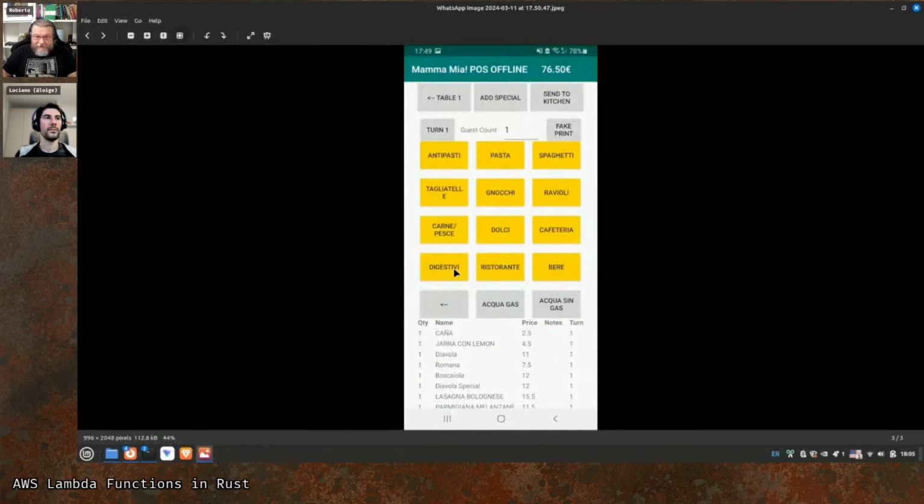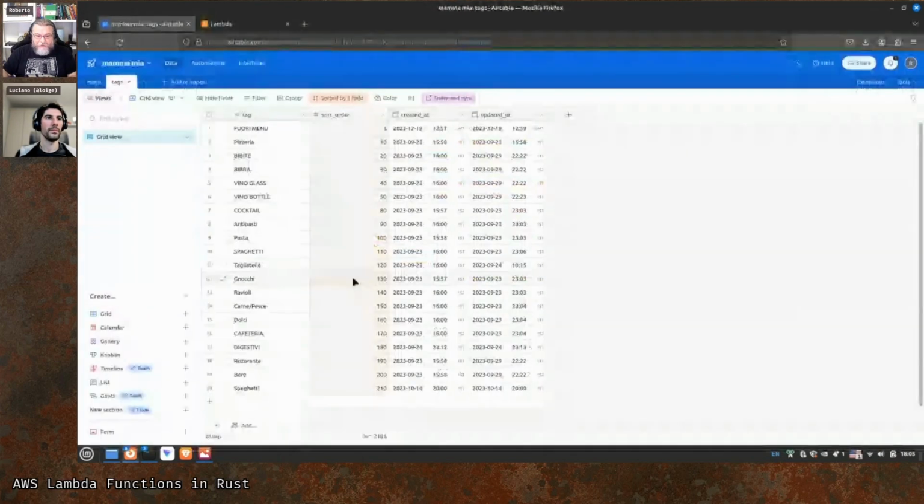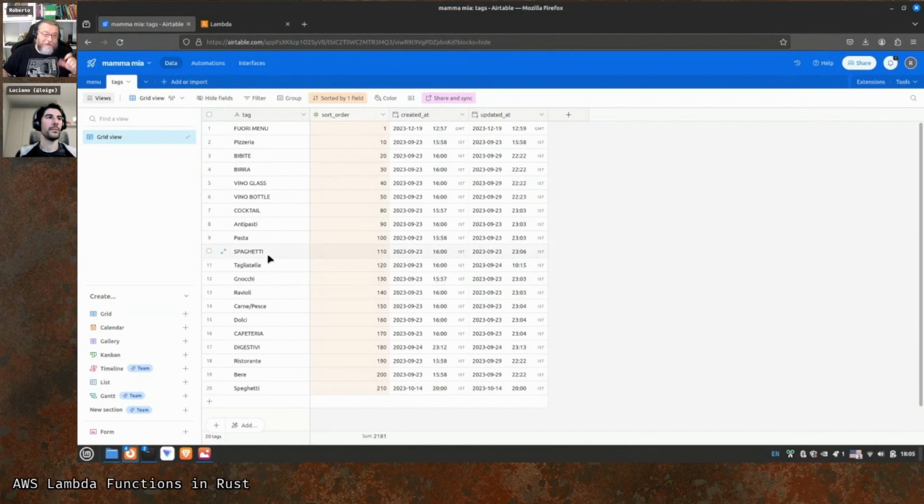And the last ones will be digestivi, ristorante, and bere, that are here. Okay, this is digestivi, ristorante, bere, probably spaghetti. Because he has two spaghetti, capital case Spaghetti and lowercase spaghetti. So the lowercase spaghetti is used, the capitalized Spaghetti is empty, so it's not showing up. But anyway,